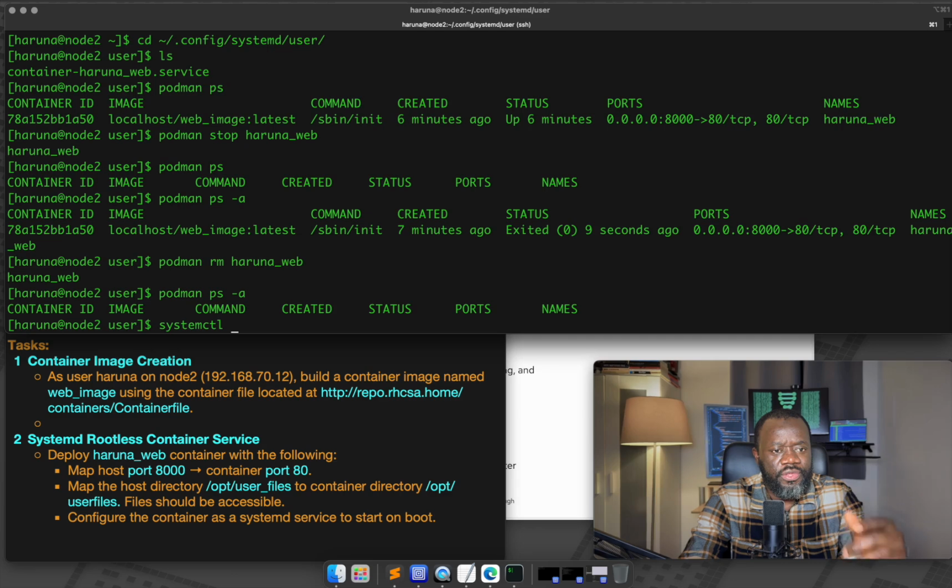So systemctl. But before then, we already have that service, right? So systemctl --user. --user here is because this is a rootless command. This is a rootless systemd service, where we are not doing this globally as root or someone with sudo privileges. So systemctl --user daemon